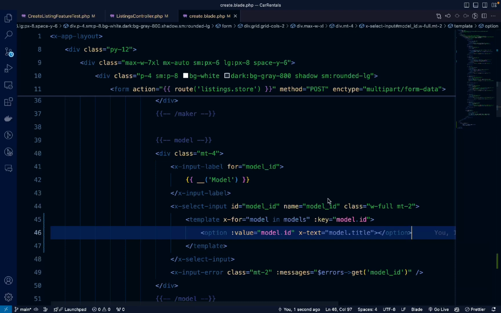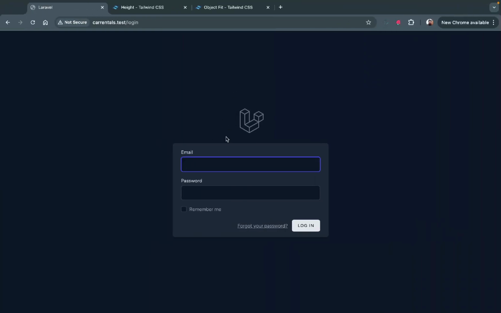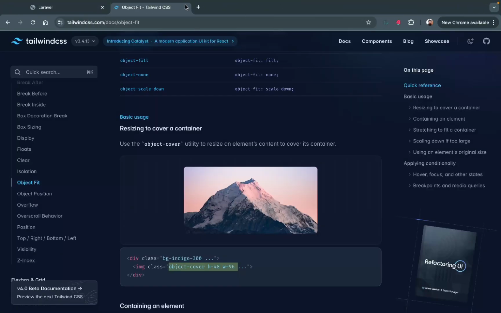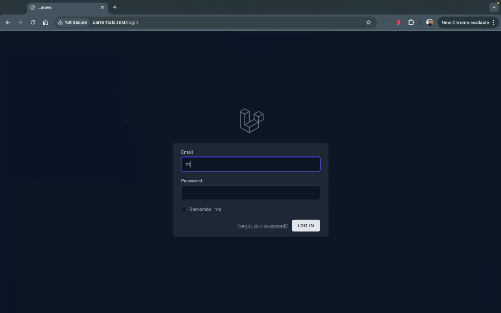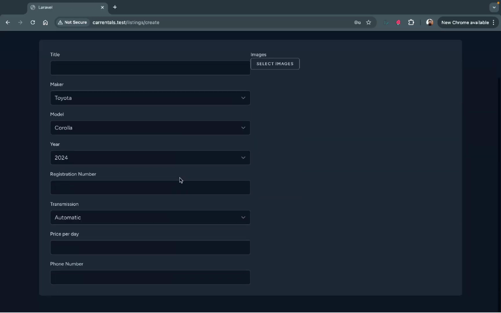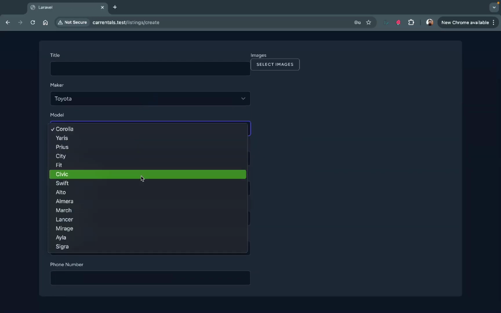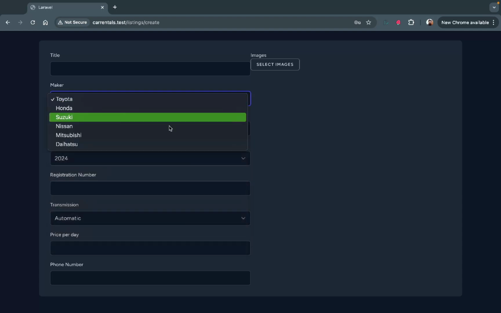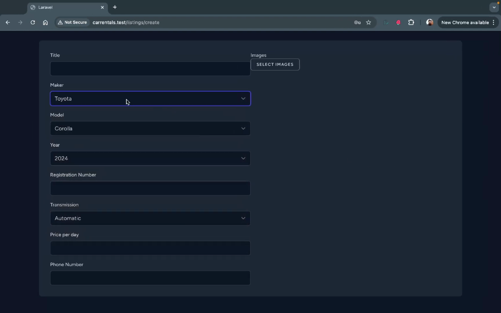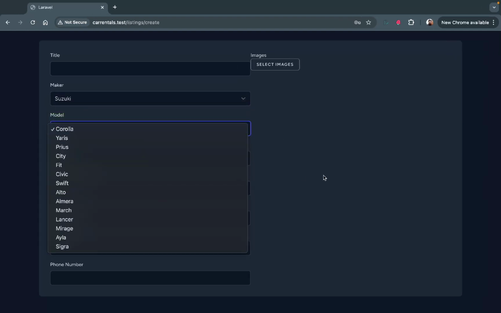Right, so now if we go over here, I'm going to log in. Close that. So I'm going to say john@example.com, enter the password, and here now we have all the models. But now what we want to do is select this, and I want this list to